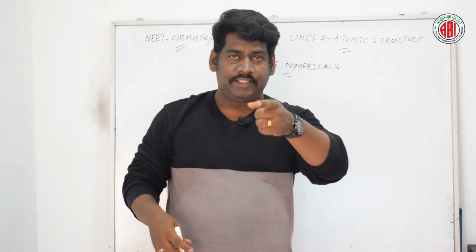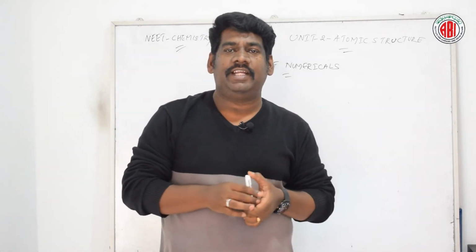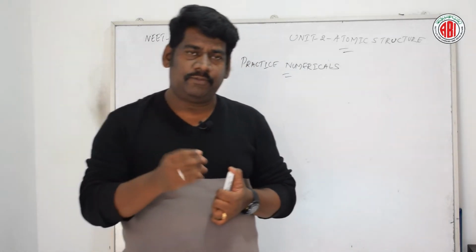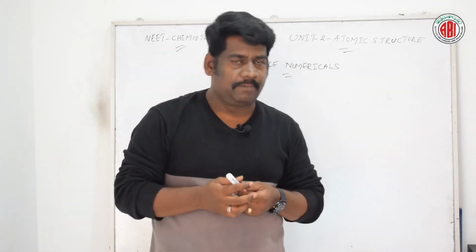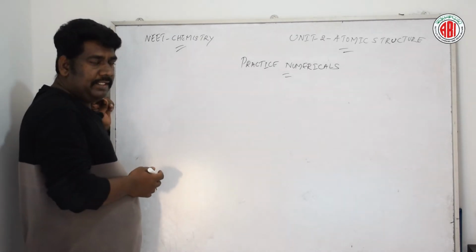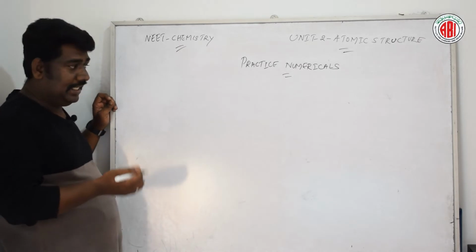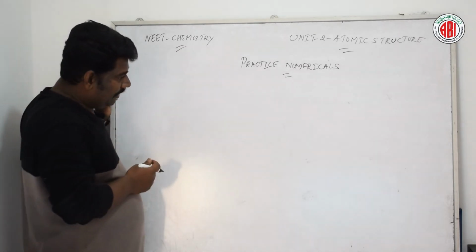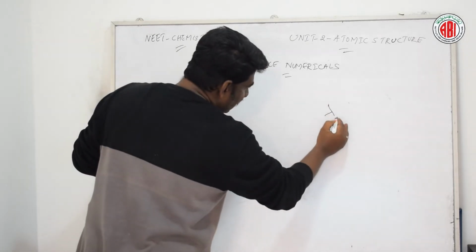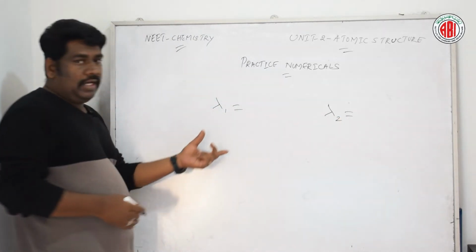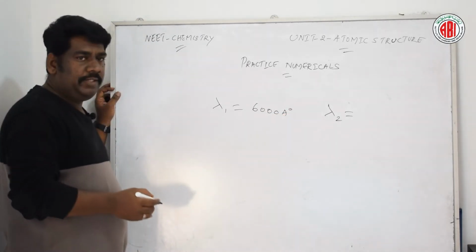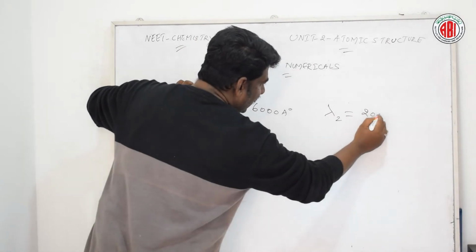Okay, so now look at this next question, guys. What is the ratio between the energies of two radiations, one with the wavelength of 6000 Armstrong, the other one with the wavelength of 2000 Armstrong? Let us see how to solve this problem. Now, according to this question, two different wavelengths are given. So let us compare these two wavelengths of radiation and find the ratio between them. The first wavelength is lambda 1, and the second wavelength is lambda 2. Lambda 1 is given in the question as 6000 Armstrong, and lambda 2 is to be considered as 2000 Armstrong.